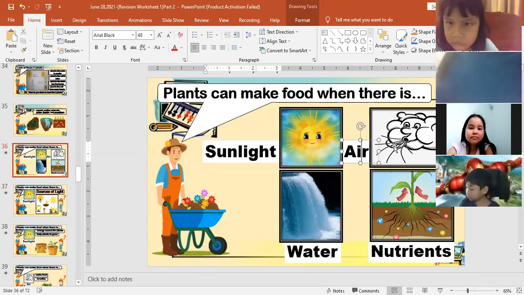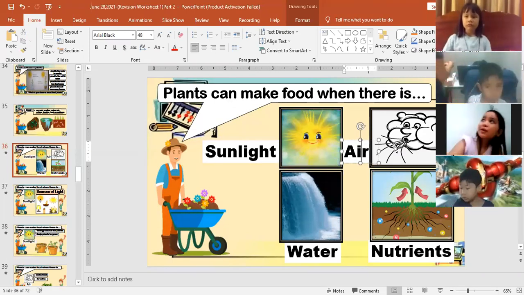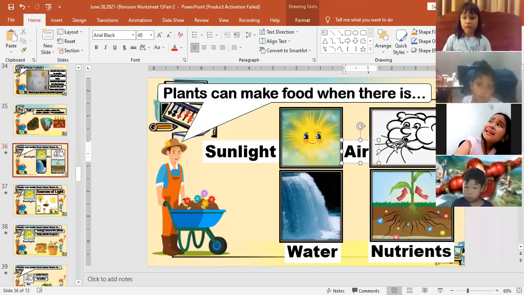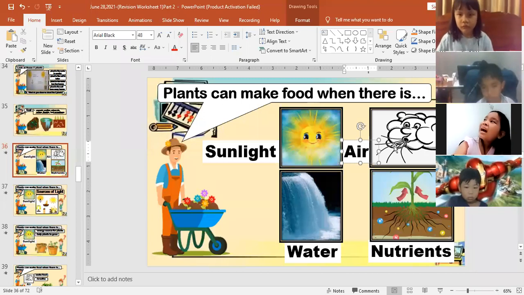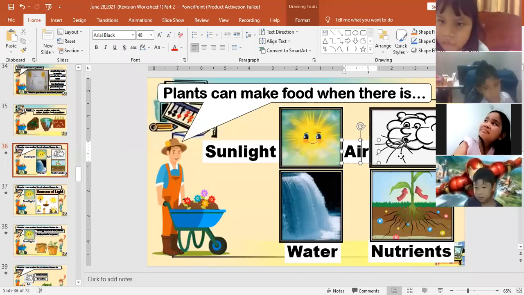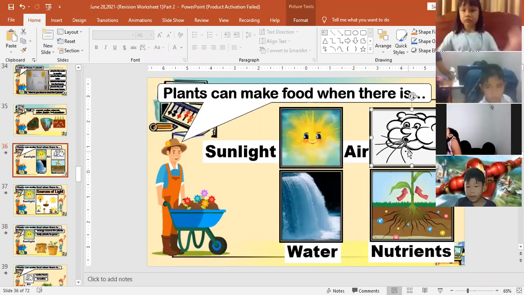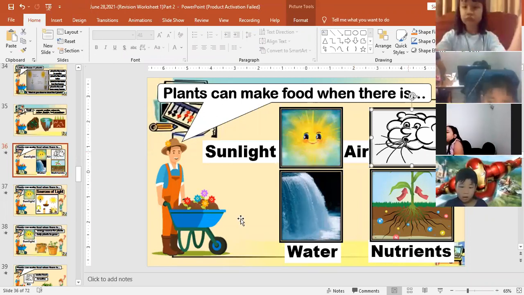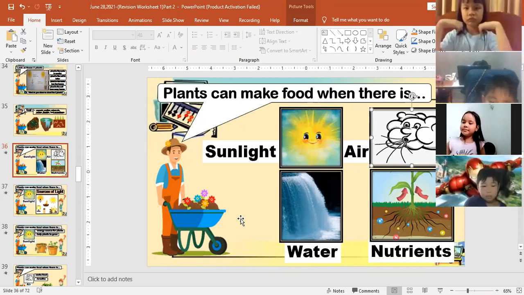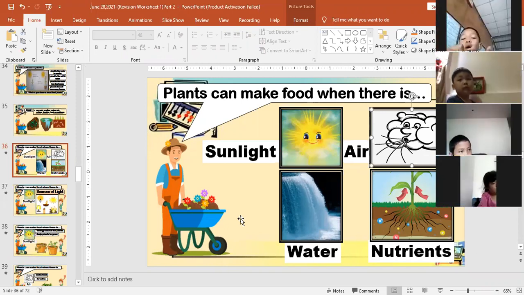Next, we have... Teacher, the second need of the plant is air. Okay, air. Aside from sunlight and air, the third need of the plant is